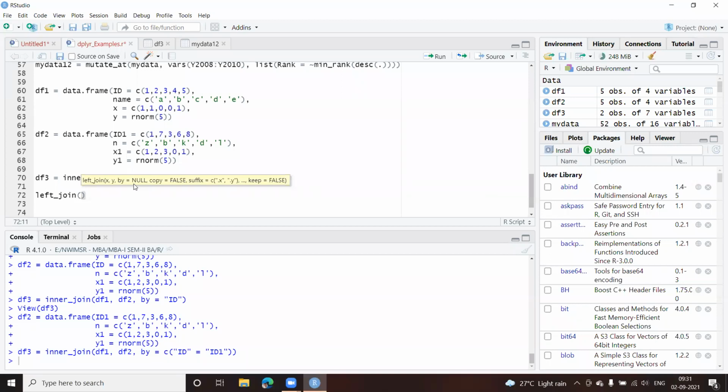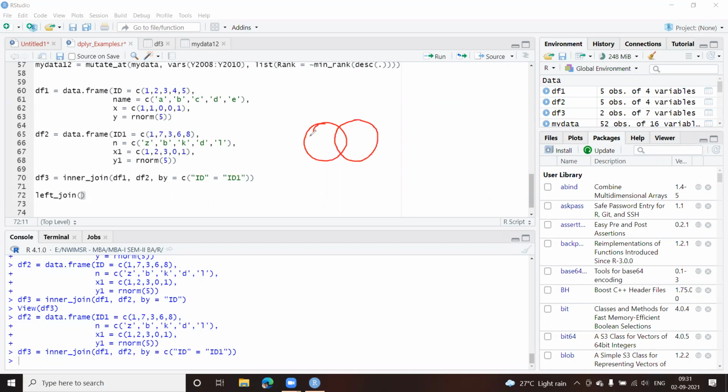If you remember, last time when I was explaining in Tableau, I had drawn two circles, and the left join will be the first circle, the overall circle along with the intersection. There's an intersection between the two sets. Let me take this. So when I have this circle here, let us say this is my first data set, and this is the other one.